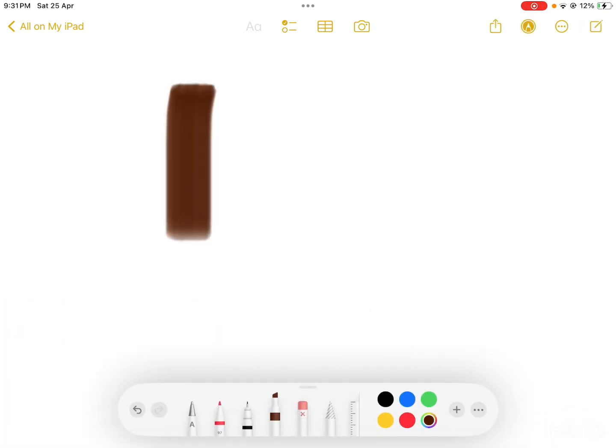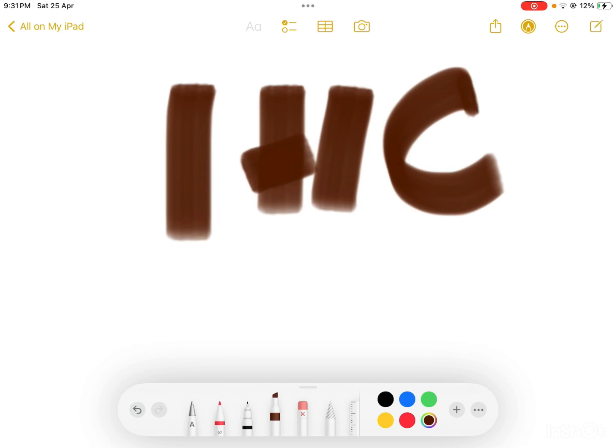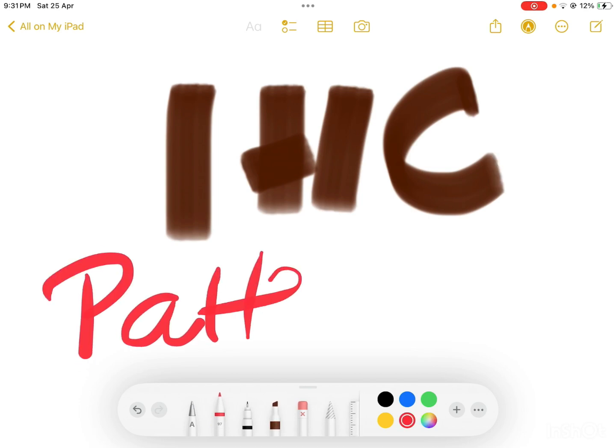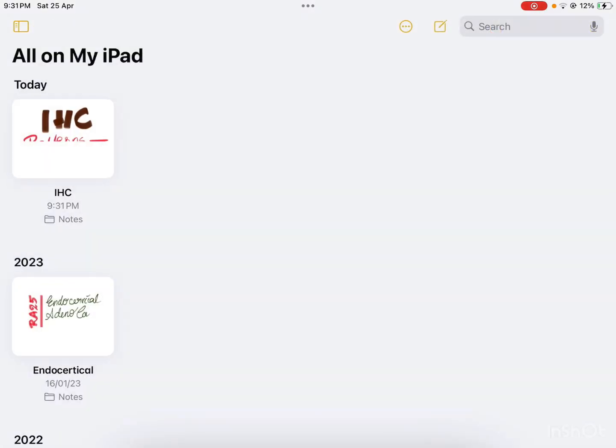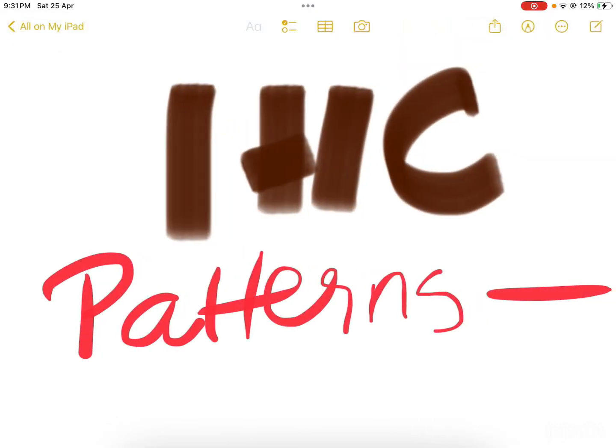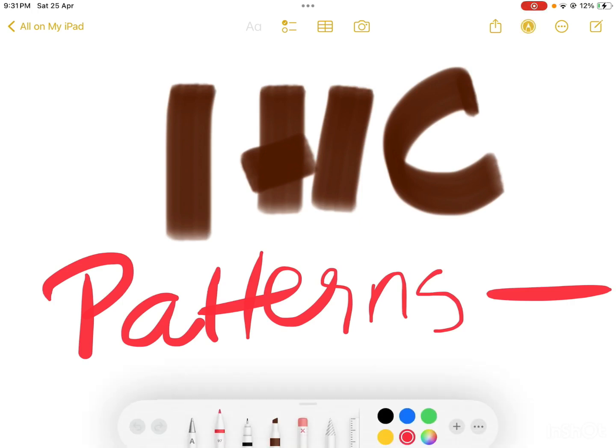So let's see, we'll be discussing today about basic IHC patterns. I am new to this app, so sorry if there are any mistakes that I'll be making. Okay, so